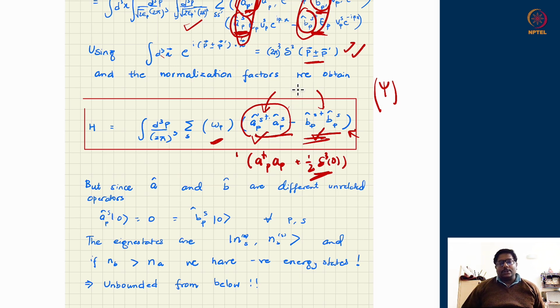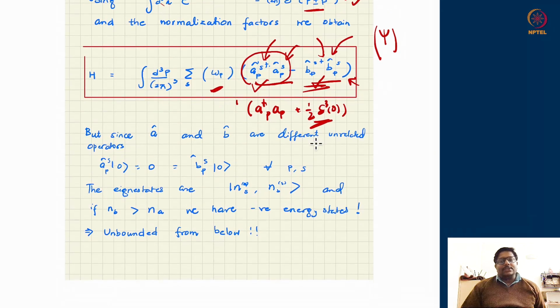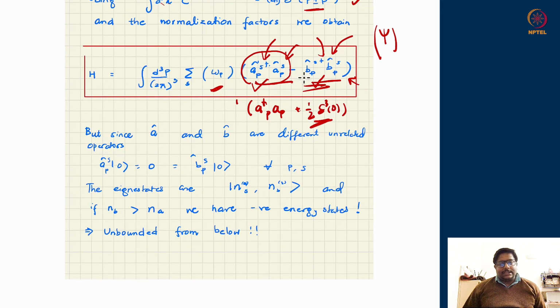So in order to have a first order equation, the cost you have to pay is to come up in the Hamiltonian with a negative frequency part. But they are oscillators and they do not talk to each other. Commutator between A's and B's is zero. So this is one set of oscillators and these are the second set of oscillators. And we can assume that there is a ground state again, or the vacuum state, let us say, which is annihilated by both these.